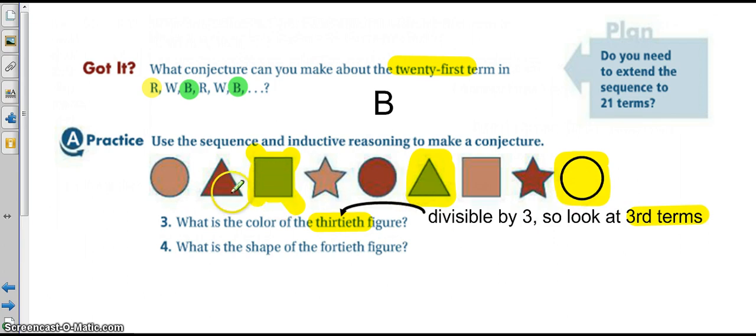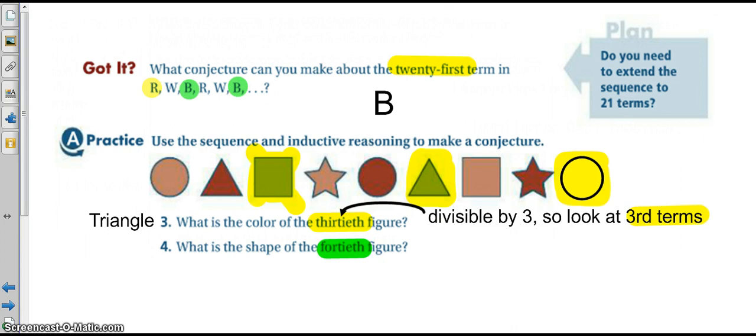So notice square, triangle, circle. So then the next one would assumably be a star. Then it would be a square again, then a triangle, then a circle. So since we're looking for the 30th term, we're looking for the 10th third term. So if this would be 1, 2, 3, then my fourth one would be a star, my fifth one would be a square, sixth would be a triangle, seventh, eighth, ninth, and we can assume that our 10th term here would be a triangle. So we get a triangle for that one again, just to restate,